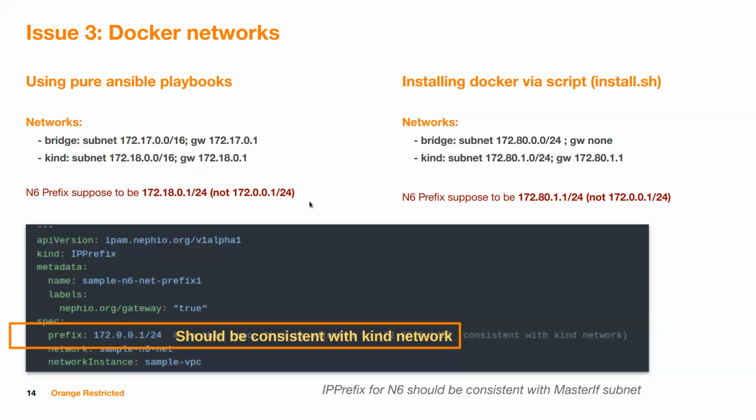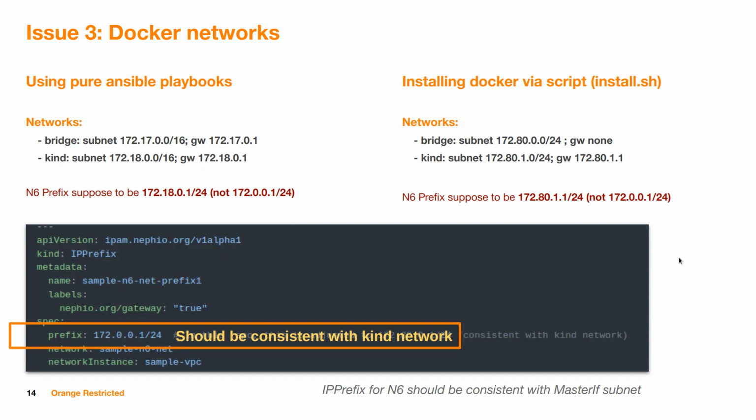So, but I do agree with you that this should be lined up. The allocations of the network on the IPAM side don't really match the reality of the Ansible at this point. So that's something we will definitely fix on our side. Absolutely. Yeah. So this is the first point,